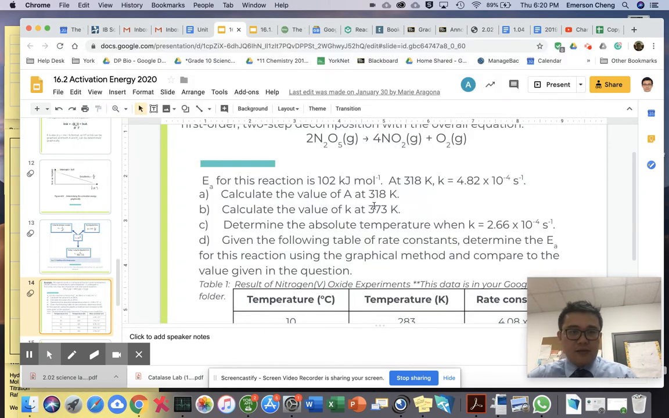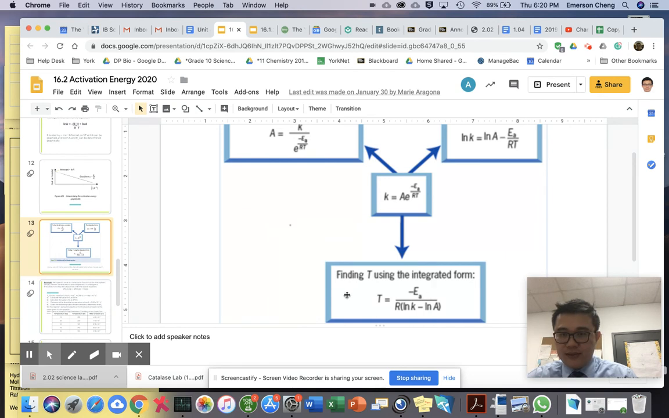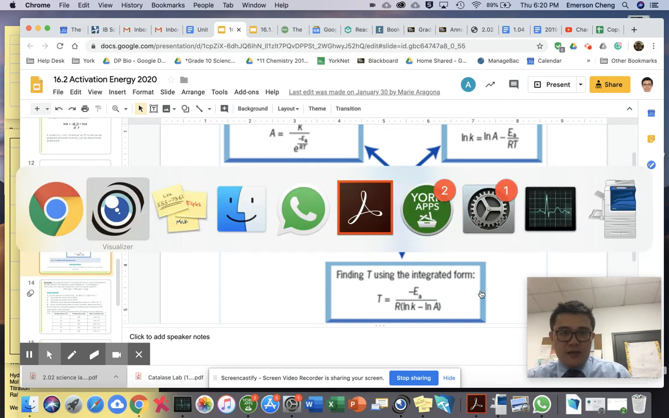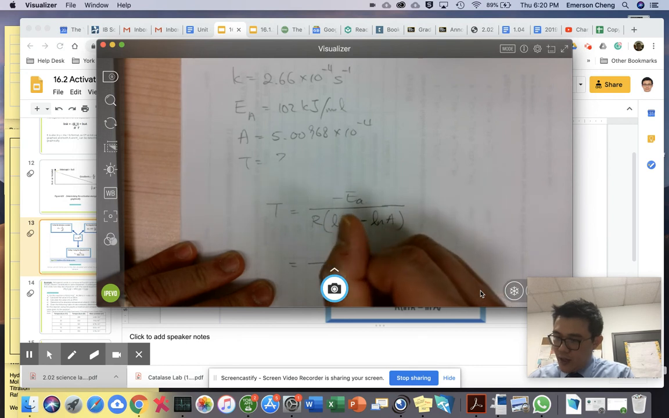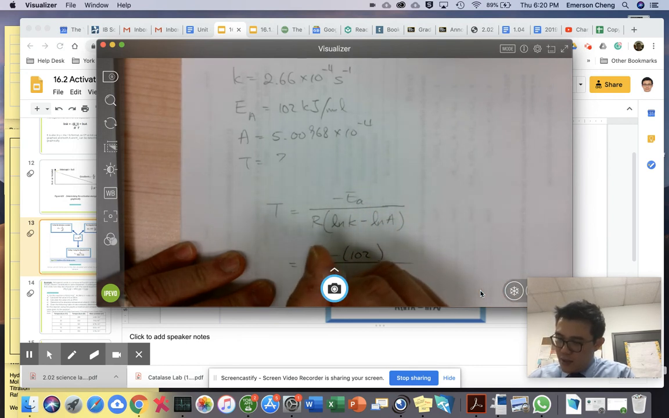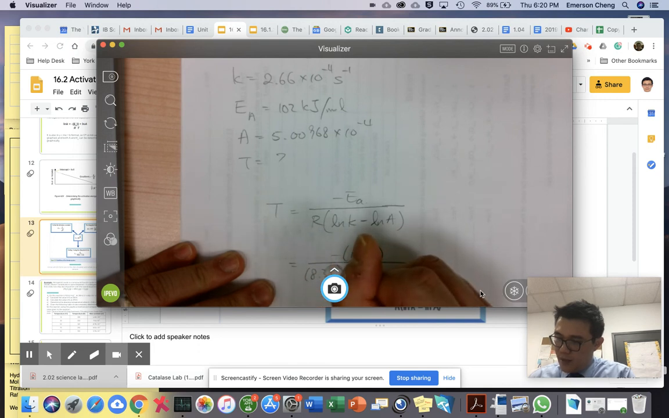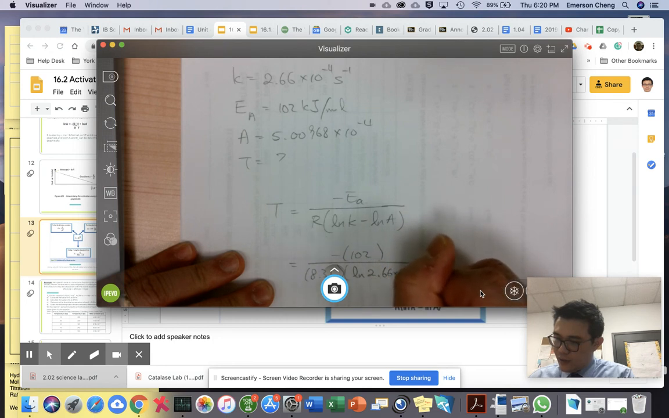So you will have to use this equation here. I'm going to copy it down. T equals minus activation energy over R times ln k minus ln A. That's the equation I will have to use. I plug in the numbers: minus 102, R is 8.31, now ln of 2.66 times 10 to the power minus 4,